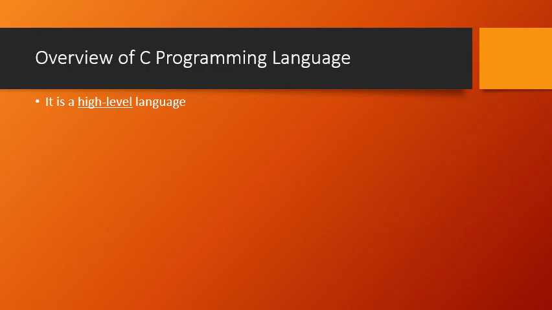So for the overview, we say that C programming is a high level language. High level means, as we studied earlier, that programming languages can be classified into low level languages and high level languages, wherein we saw certain examples for the low level, such as machine level and assembly level languages. So C we call a high level language because the instructions or the code we write are a little high. High means it is high level for the computer.